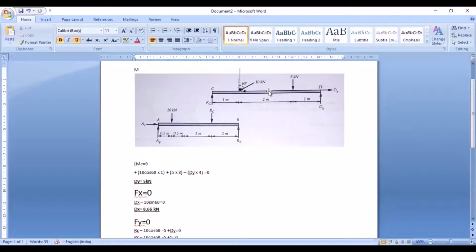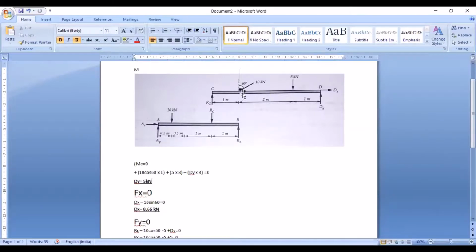Now next, we shall apply one more equation of equilibrium for beam CD, that is sigma Fx, combining all the horizontal forces. So first, let us see how many horizontal forces we have in this problem. We see that there are two horizontal forces. One is the horizontal component of 10 kilonewton, whereas the other one is the horizontal component of the reaction at D, which is Dx. And we all know that horizontal forces acting rightwards are taken as positive, leftwards are taken as negative. So the first force, Dx, which is acting rightwards, is taken as positive, hence it is plus Dx.